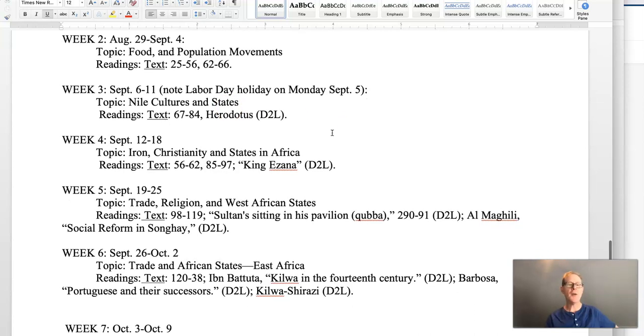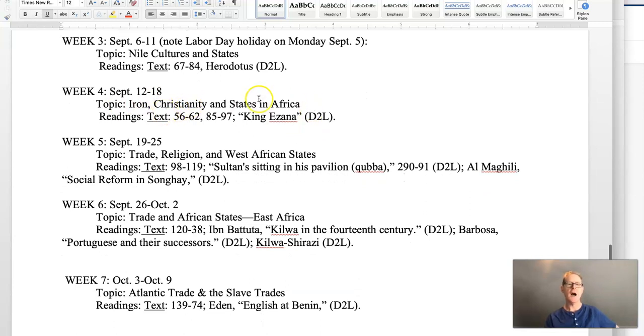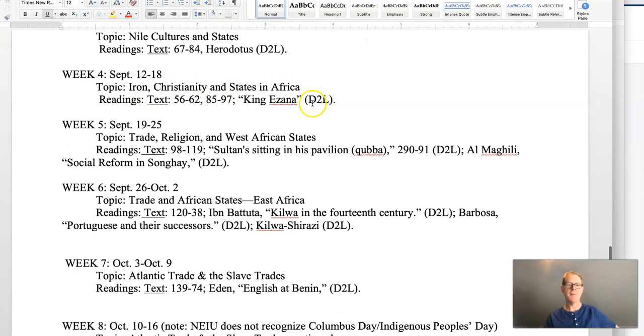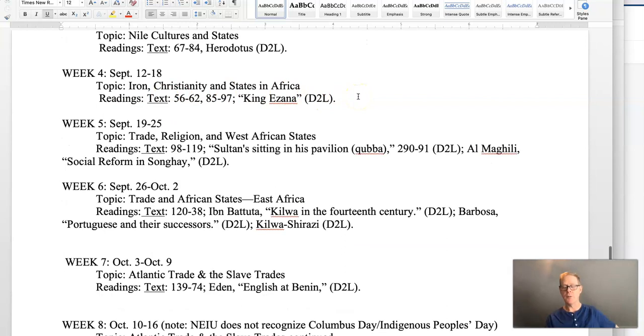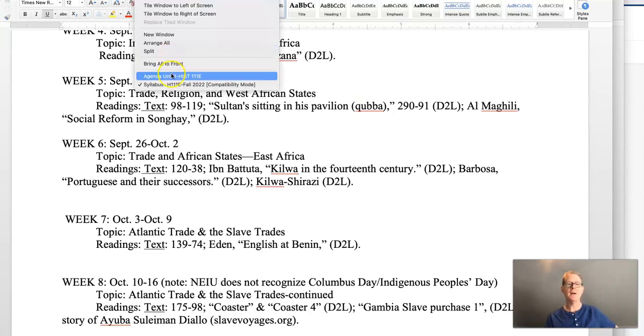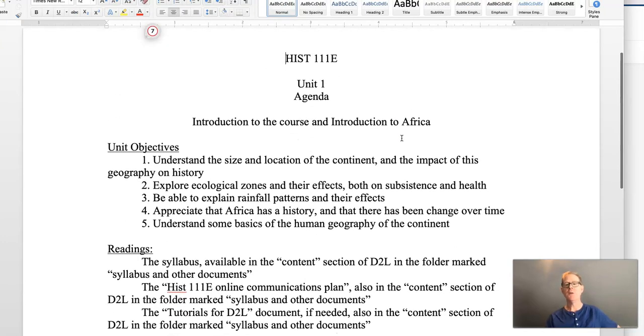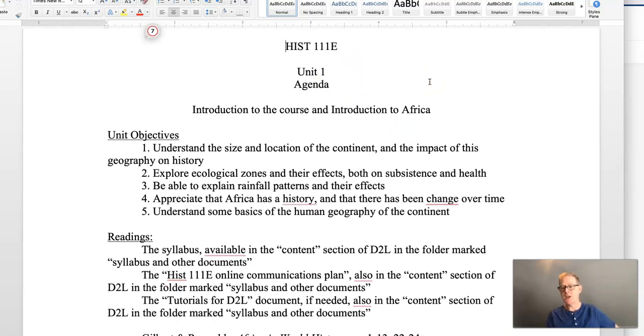So that's how it's going to go week after week. You can look on the syllabus here, get the dates. You see what the topic is and see what the readings are. Once again, got to be organized and self-directed to do this. And then also every week, I will post on D2L the weekly agenda. So this is what the agenda looks like. Once again, you've probably seen this because you're watching this video, right?